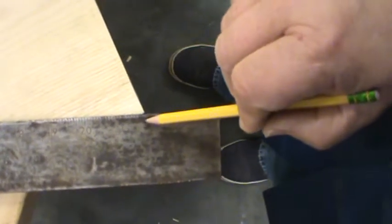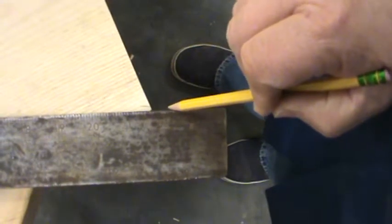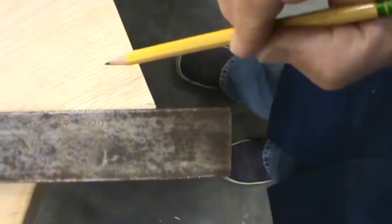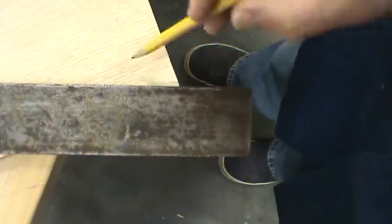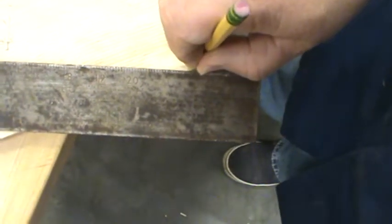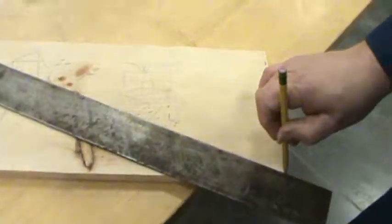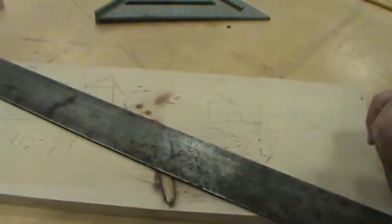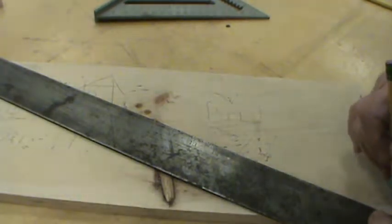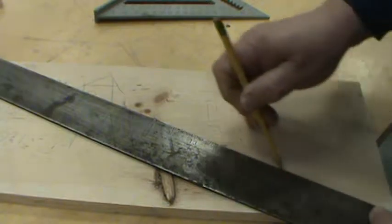So you can't just lay the framing square across the corner, or else you're going to push your line up here and you will not be finding the exact center. So you have to kind of put your pencil here and then move the square up to it. And in this case, we're pretty well set out, so let me set the camera back down here. And we're just going to use the framing square to connect